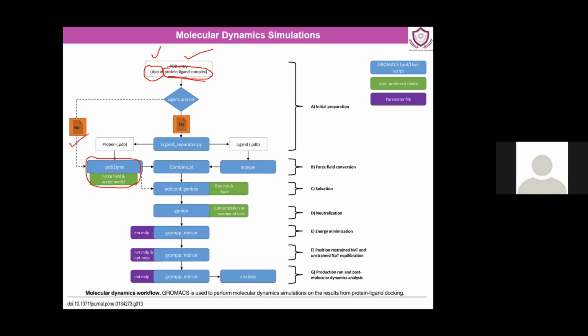Now let me introduce GROMACS. It is an umbrella software wherein you have different programs, or sub-programs, and they are utilized at different levels of your entire MD simulation flowchart. The first component is preparation. This is called the first phase, wherein you prepare your molecule. You have a protein devoid of any other molecule. Then we subject it to a program called PDB2GMX. The function of PDB2GMX is to convert the PDB file into a GROMACS readable format.